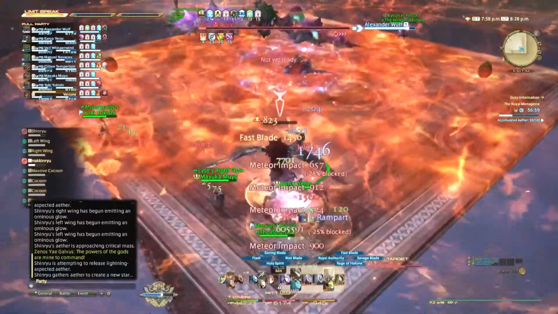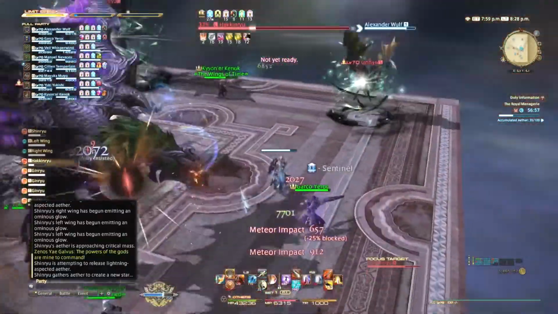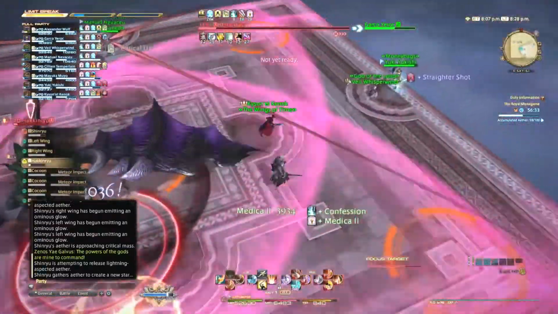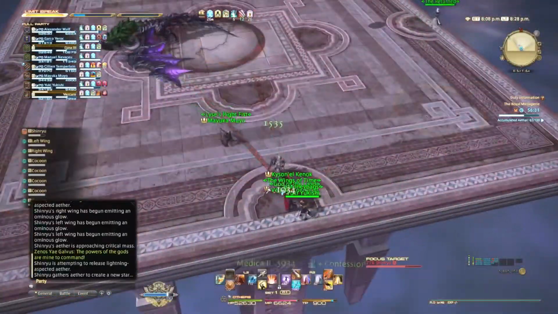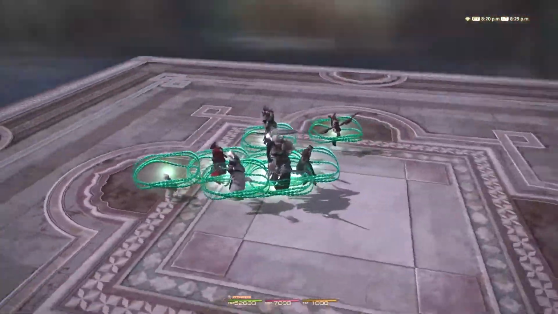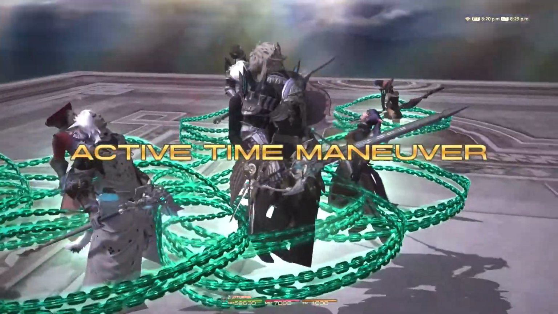This is also a DPS check. Take too long clearing out the rabble and avoiding getting killed and you're basically going to wipe and have to start all over as well. There are no checkpoints. Do not pass go. Do not collect $200. After this section you are bounded and enter active time maneuver mode, which is basically mash every key on your keyboard or controller to not die as fast as you can